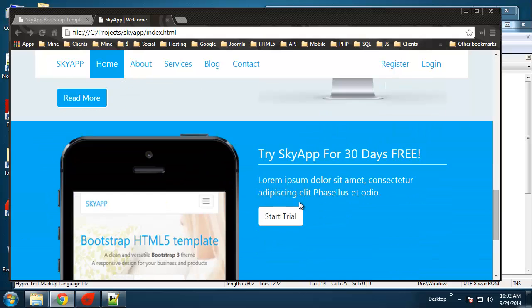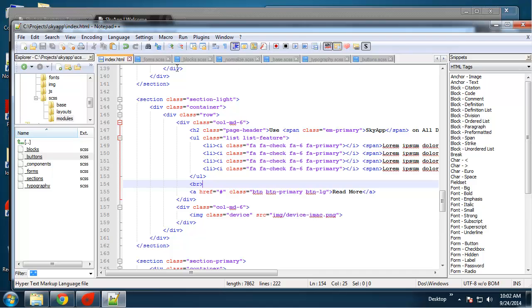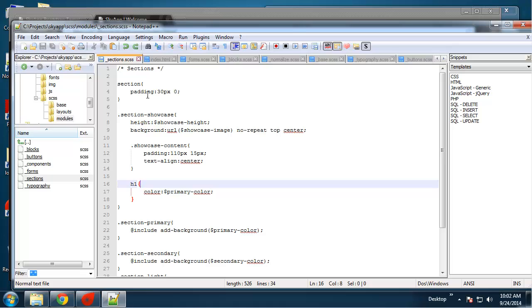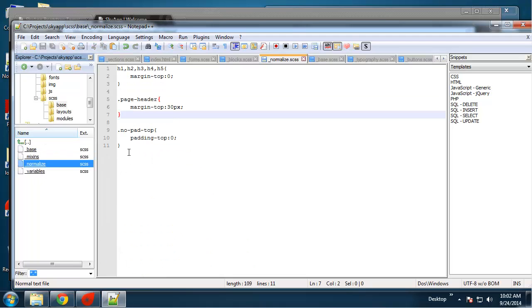We have 30 pixels as the default for a section. If we go to sections, where is it? You can see a section has 30 pixels on the top and bottom. So I want to just go to normalize. Alright, and